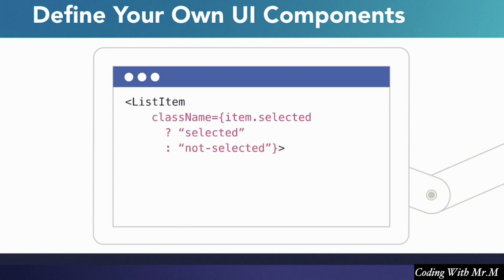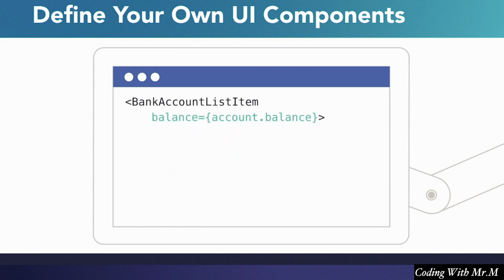In the case of styling a selected list item, for example, instead of having to swap styles inside our component, we could just pass a selected prop and use this prop inside our styling to decide what the background color of our element should be. And for our bank account example, we could just pass in a balance prop and use that prop inside our styling to calculate what the correct color should be. And the nice part about this is that it moves all the styling logic out of our main component and into a part of our code whose sole job it is to handle that kind of logic. We'll see exactly how to do this in the videos that